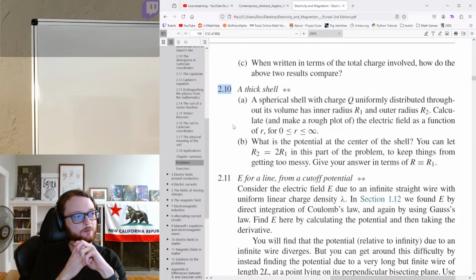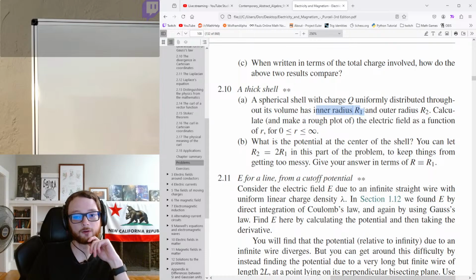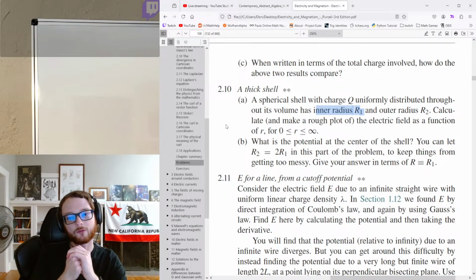I think we can reasonably guess that the electric field from 0 to R1 is 0. Like in the hollow part, you can make a Gaussian solid there that encloses no charge,